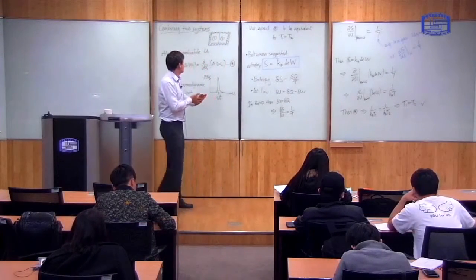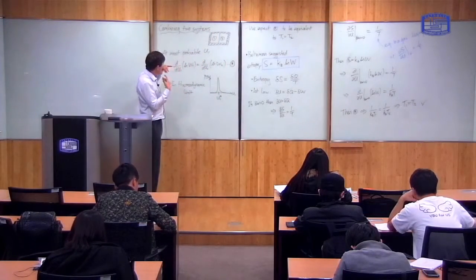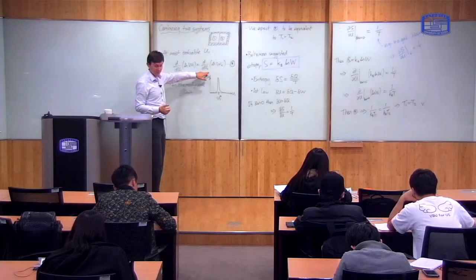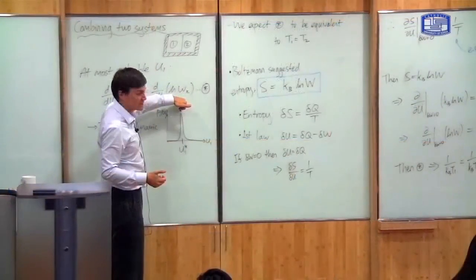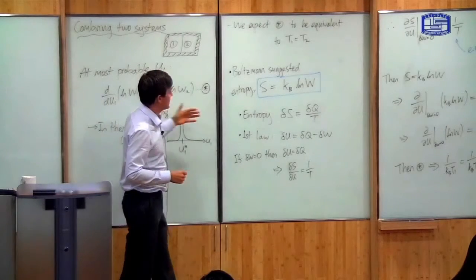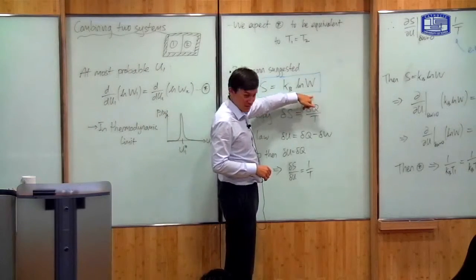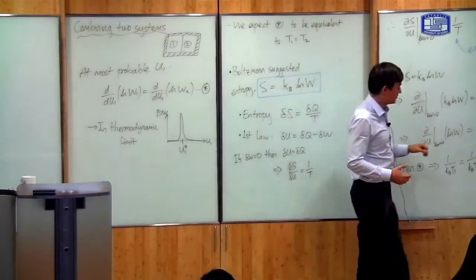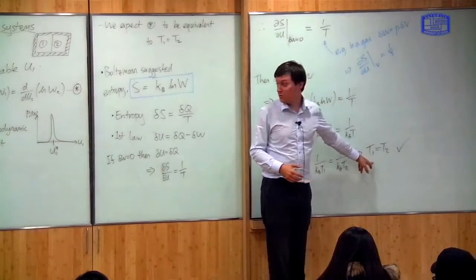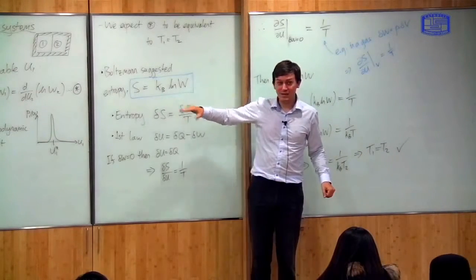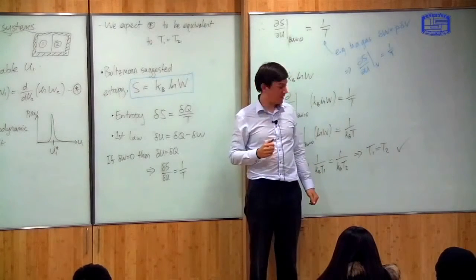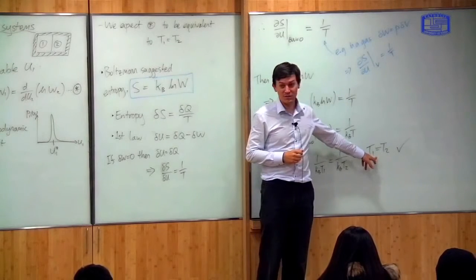What we've shown is that the most probable value of energy when I join two systems together is given by this equation, and in the thermodynamic limit we expect this to be sharp, so this is the only likely value of energy. And what we've shown is that if we use Boltzmann's definition of entropy like this, then that condition implies that the temperatures of the two systems will be equal. So Boltzmann's definition gives us a connection between the statistical statement about the number of microstates and the statement that the temperatures are equal.